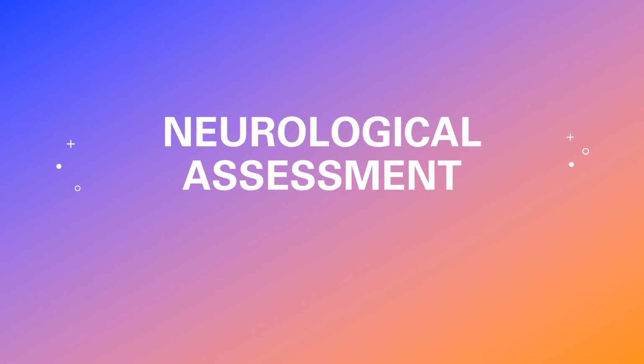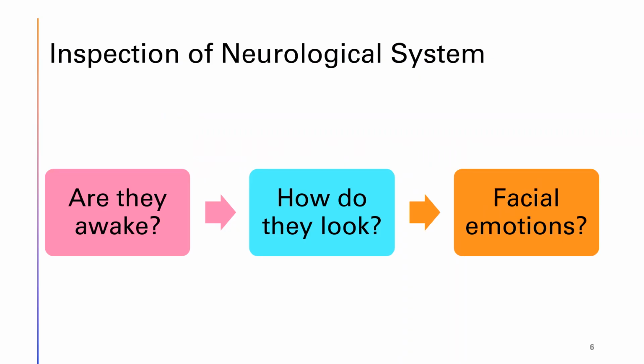All right, now we're going to switch our focus just a little bit and look at the neurological system. So assessing the neurological system gets a little mashed up. We don't have clear-cut interview, inspection, palpation, auscultation. It's all mushed together. I'm going to do my best to break it up in a coherent way.